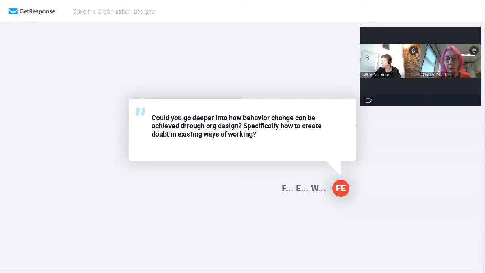And supposing you wanted to create, if you were in Lagos and you say, right, where the road traffic accidents are far too many, you're beginning to create doubt in that existing method of driving. And you might then be able to insert more rules or more traffic signs or whatever to change driver behavior. But there is both incentives and penalties around that. And the creating doubt always exists, and particularly at the lower levels and through customers.